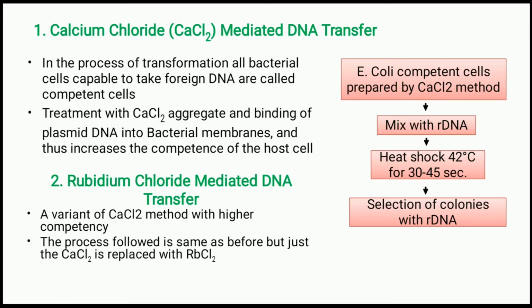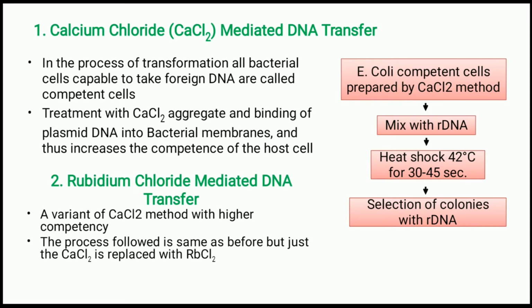The procedure is, first we have to prepare the competent cells by incubating E. coli cells with calcium chloride and store in a -20 or -80 degrees Celsius storage chamber. When we want to perform the gene transfer, we have to bring it back and keep in ice for 30 minutes to thaw to room temperature. The best method is to immediately bring it from -80 degrees Celsius and quickly thaw to room temperature by running tap water for 15 to 30 seconds. After that, we place it in ice for 5 to 10 minutes.